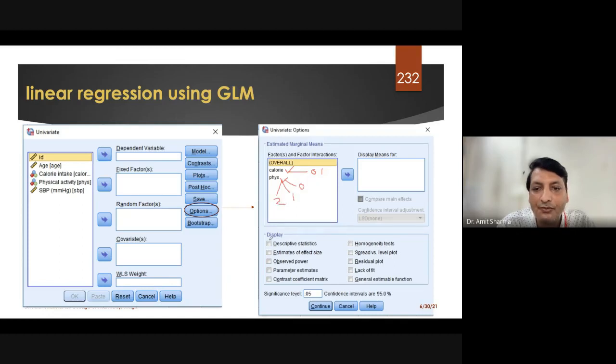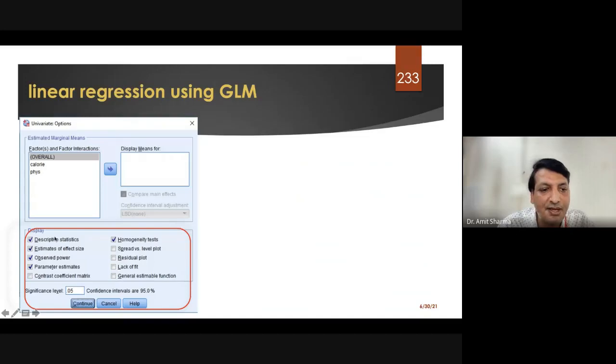So what we'll do, we will click on the descriptive statistics, we'll click on the observed power, we'll click on the homogeneity test. We want to find out whether equality was maintained or not. So that will be given by this checkbox called homogeneity test. The minimum requirement to run the GLM has been shown in this slide, where you have to click on the homogeneity.